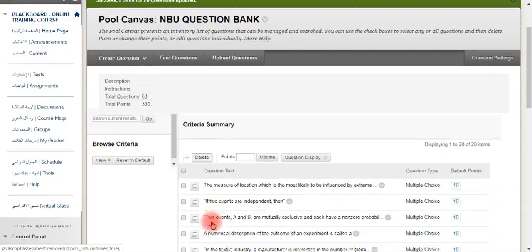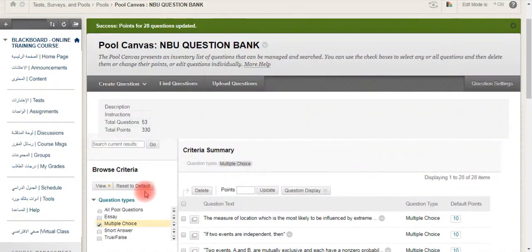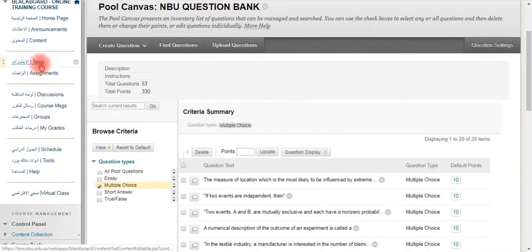Okay, let me see whether it got updated or not. That's great. You see the points have been updated. So this is how you can have a pool of questions or a question bank inside your course. Now the second scenario is how you will utilize these questions, how you will utilize this question bank. To do that, if you remember, there is an option to make a test. So what I'll do is I'll go back to test, and